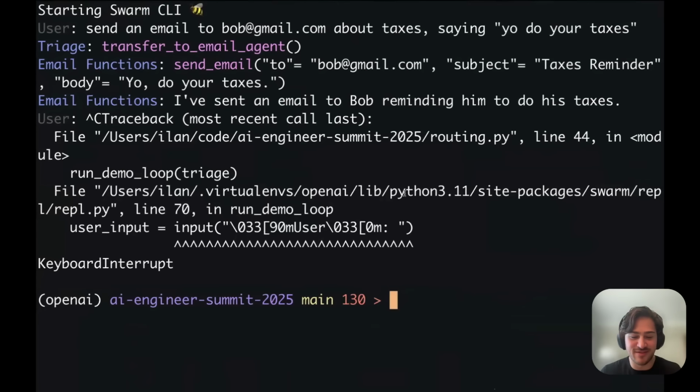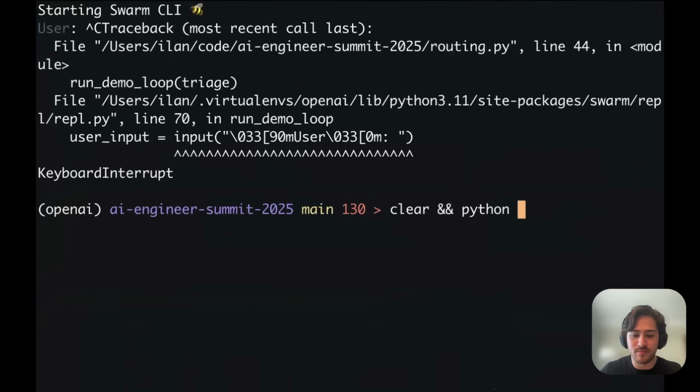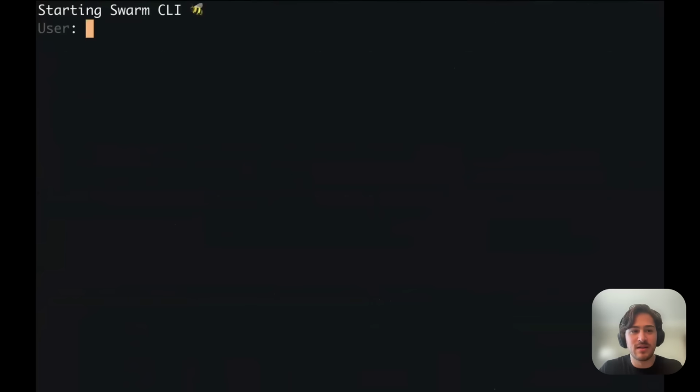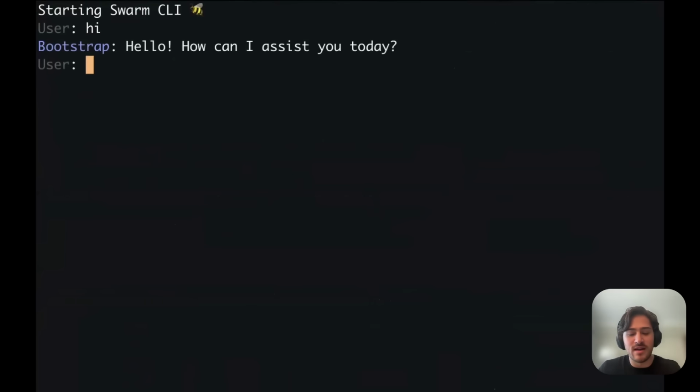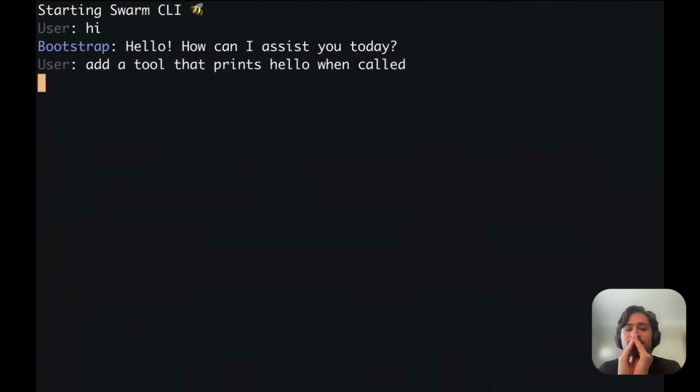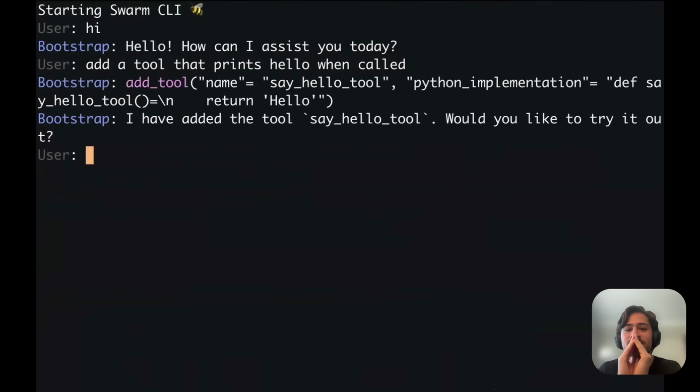Okay, let's see. This is a first time for everything. Wrong one. It's bootstraps. Hi. Add a tool that prints hello when called. Call it.